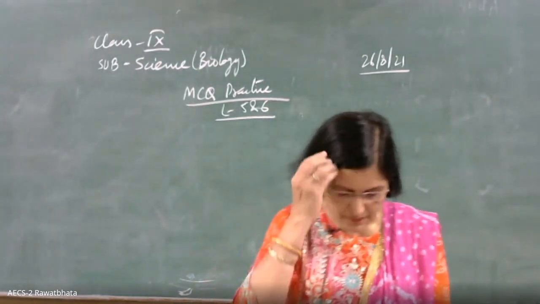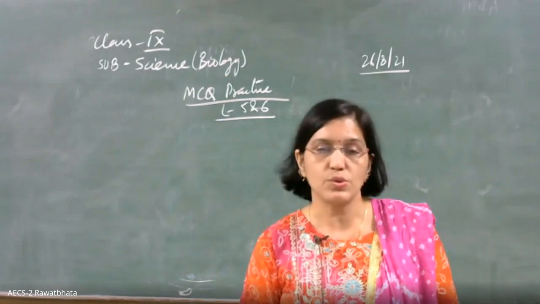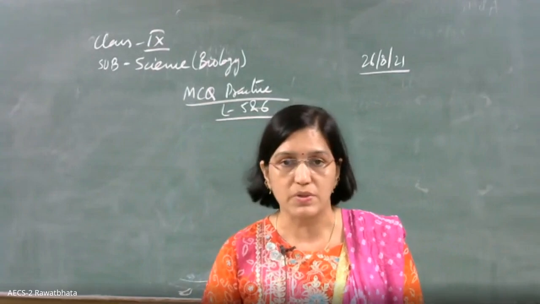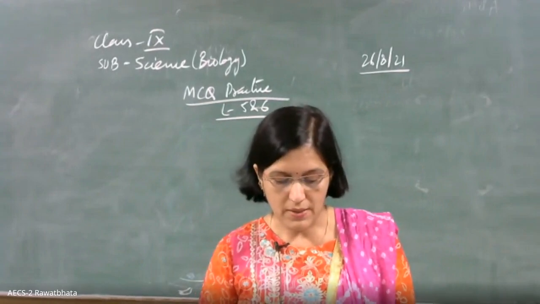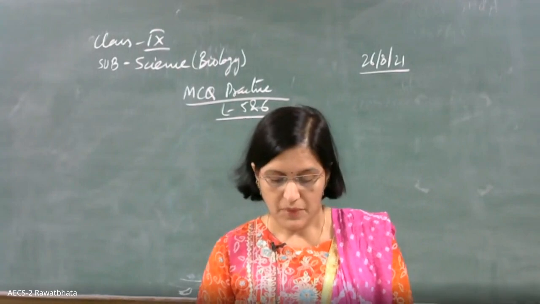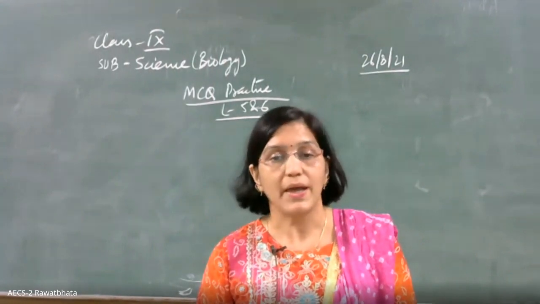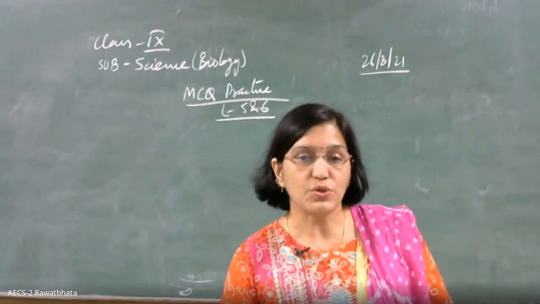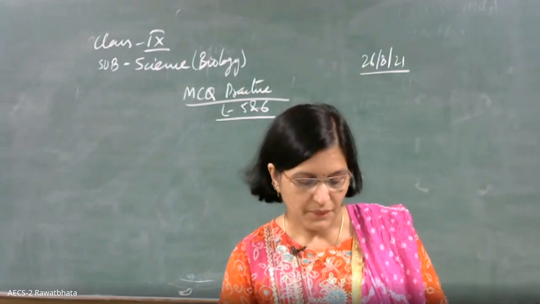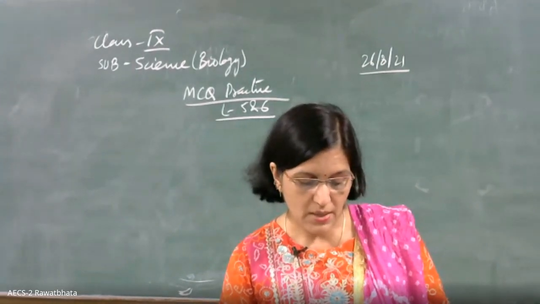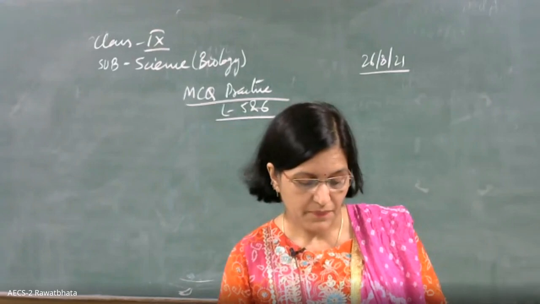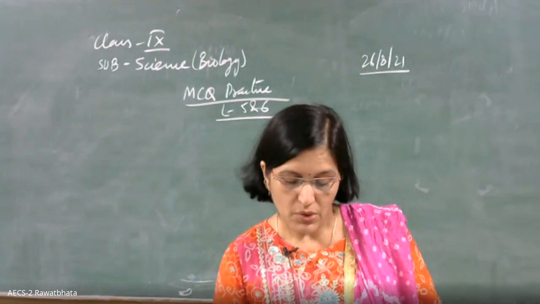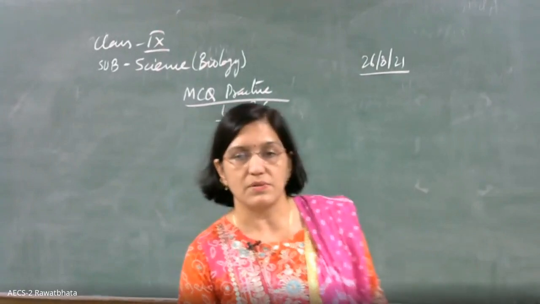So the first question. Here I am dealing with those questions from chapter number 5 which have appeared in NTSC, so they are that important. Cell organelle, which differentiates plant cell from animal cell. I don't think I need to give an option for that, but still I will read: cell membrane, plastids, nucleolus, vacuoles.